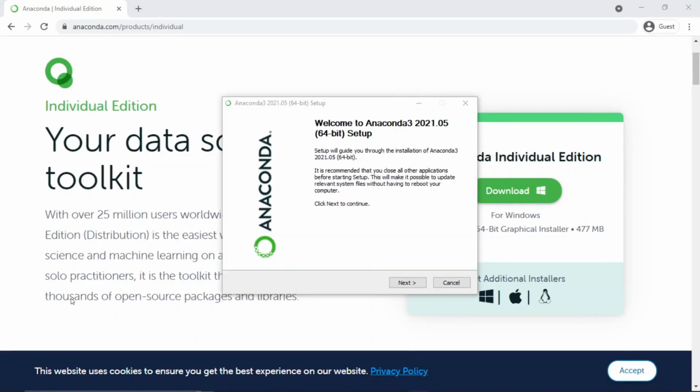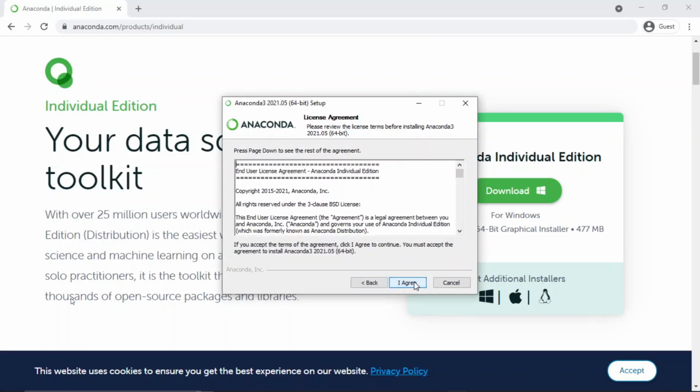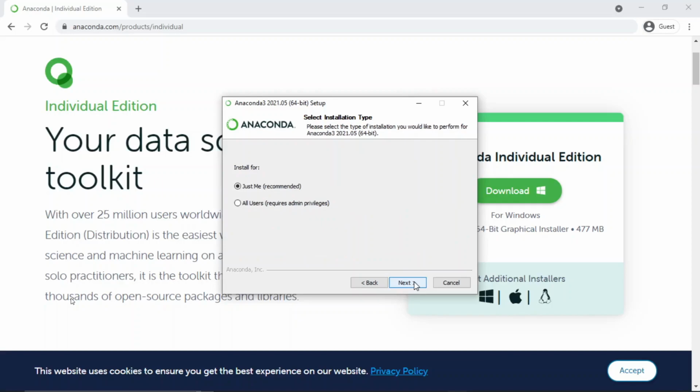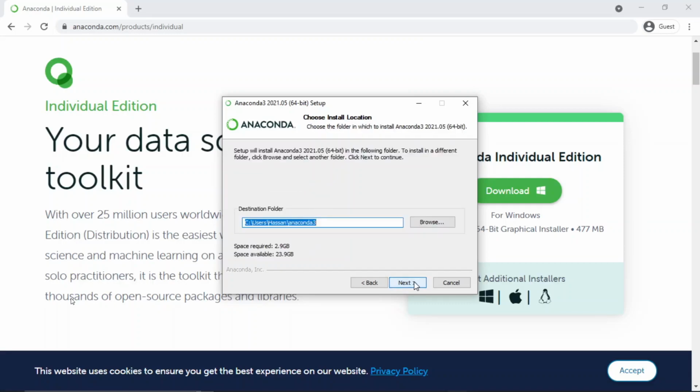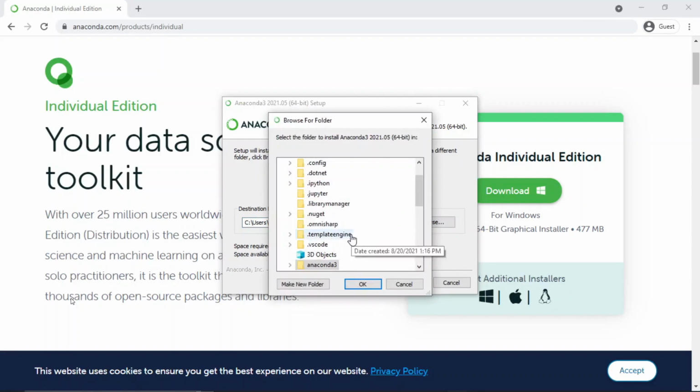Now that I've downloaded the file, let me show you how to work with it. So you're going to have to press next, then press I agree, then select just me if you just want to install it for your own computer and not other users. And then we're going to press next like that, but since I've already installed it, I'm just going to give it another name,